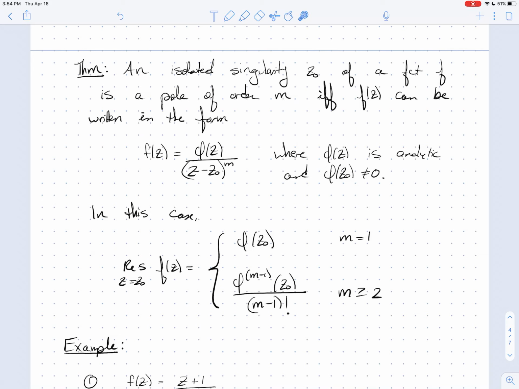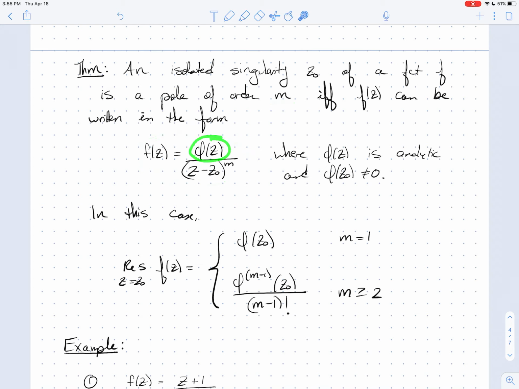All right, so for this video, I want to state a theorem. An isolated singularity, z0, of a function f is a pole of order m if and only if f of z can be written in this way. You can write f of z as some other function phi of z over z minus z0 to the m. So if f has a pole of order m at z0, I can write f like this,